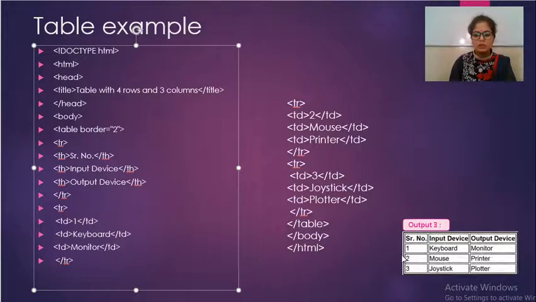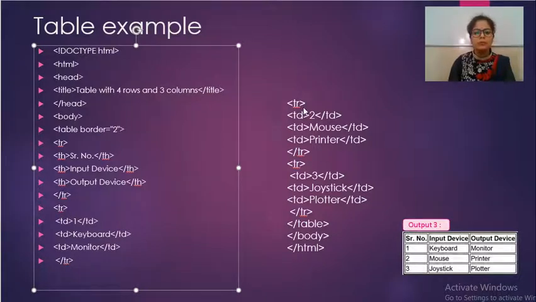So this is how we have created 3 cells: 1, keyboard and monitor. And the closing tag ends the second row, the close of the tr tag. So this tag contains 3 td elements, that is 3 cells, and this tag will create the second row.